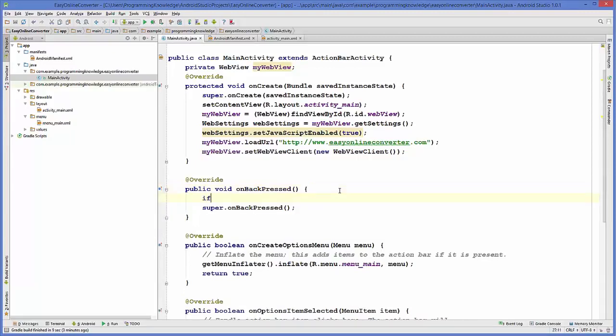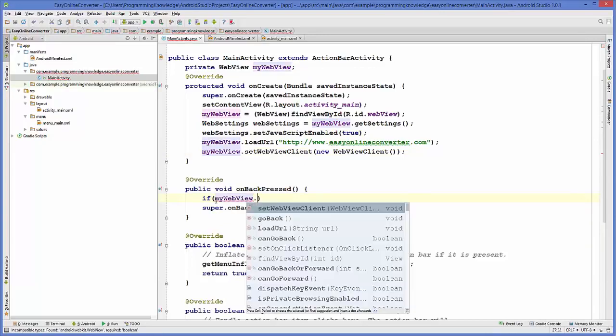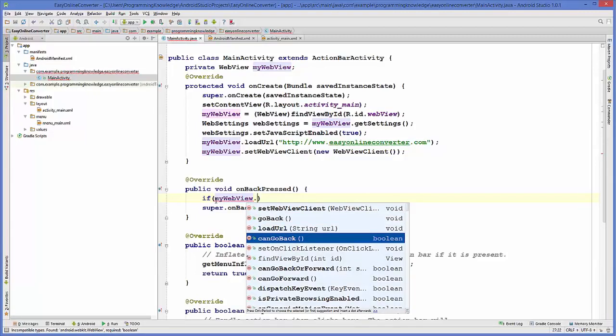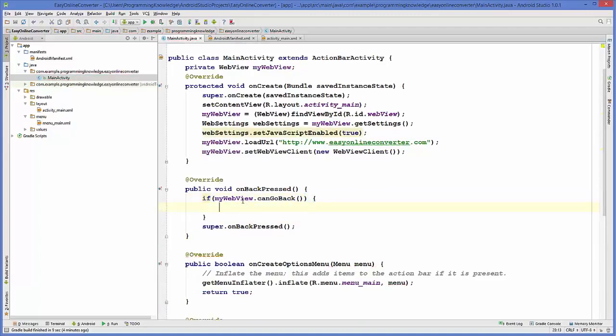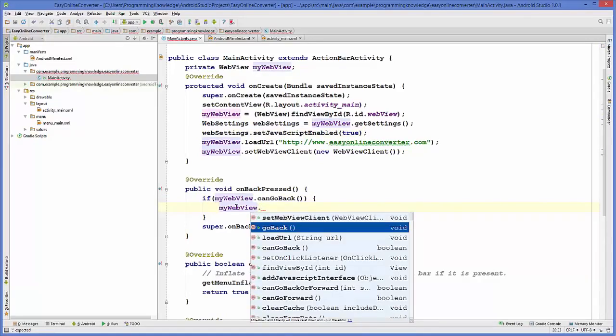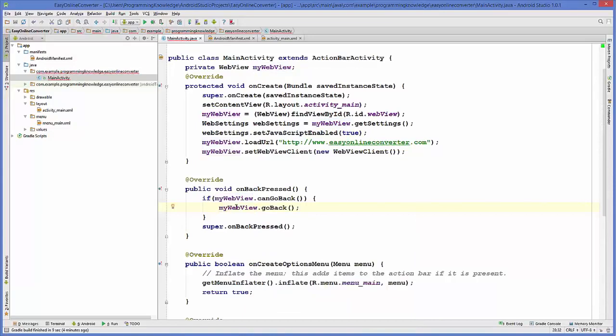So we will add a condition here, and this condition is: take your myWebView first of all, and then we will check if we can go back. There is a method called canGoBack, and it returns a boolean value. So if in the app you can go back, then it's going to return true, and in this case what we will do is go back. So just take your myWebView object and then call a method called goBack. So if you can go back, you will go back,